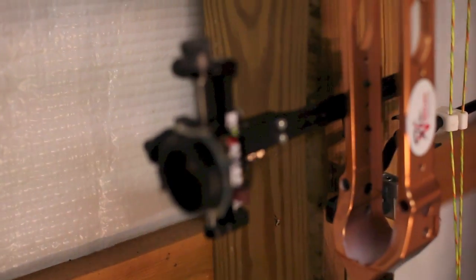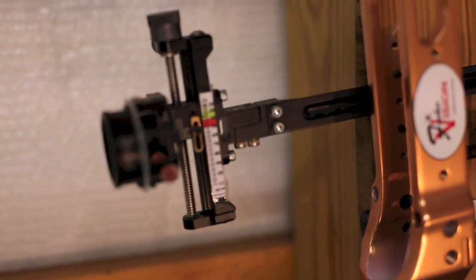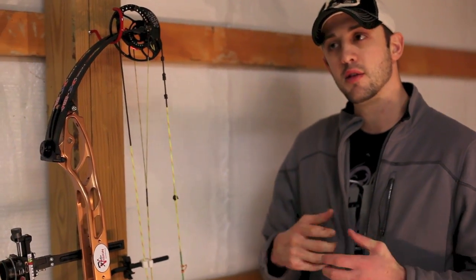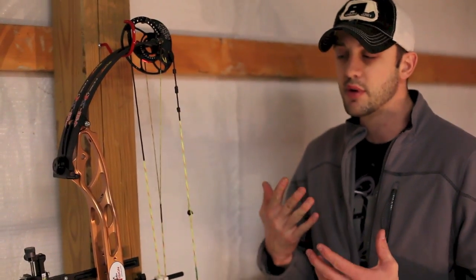It's a little bit more calming to me. I'm not really trying to focus on holding on a specific spot or on a specific arrow hole. It just kind of makes the shot go a little more fluidly for me. It helps me under pressure, things like that. I'm not trying to over aim or get hung up on trying to hold on a specific spot. I do the same thing outside, do the same thing 3D, and you would think that you would get lost in the target, but if you do it enough in practice, and I've been doing it for so many years,